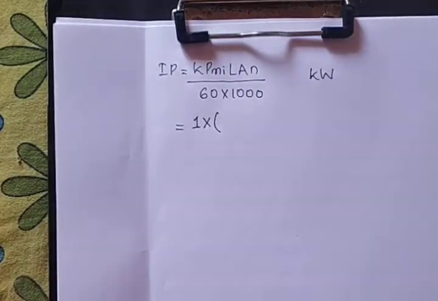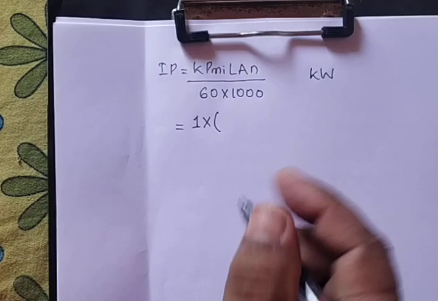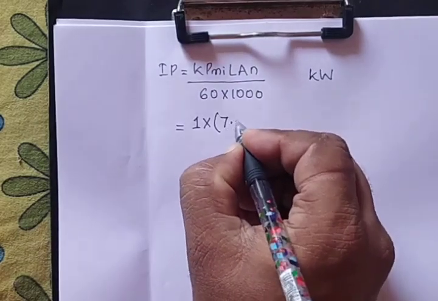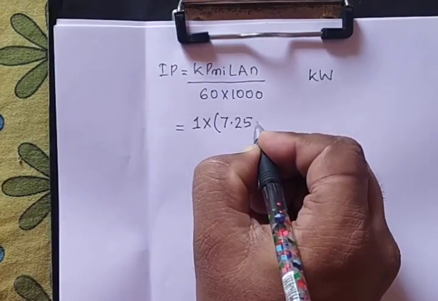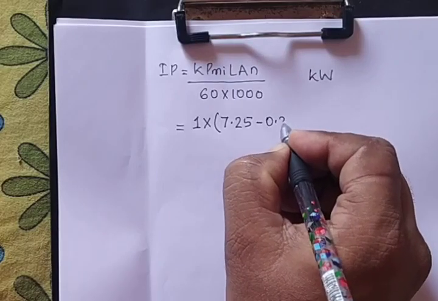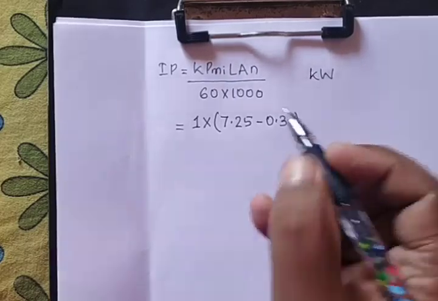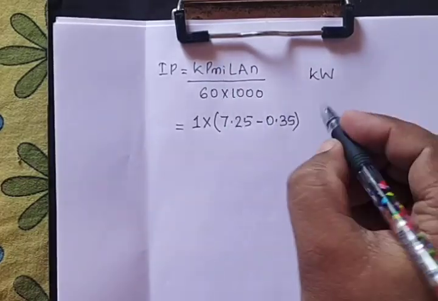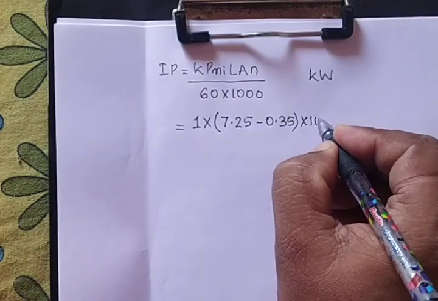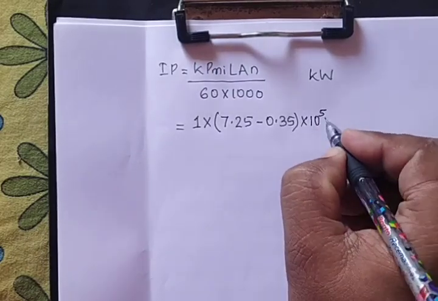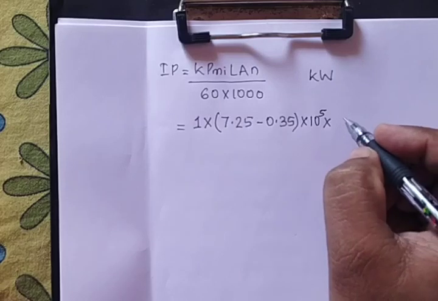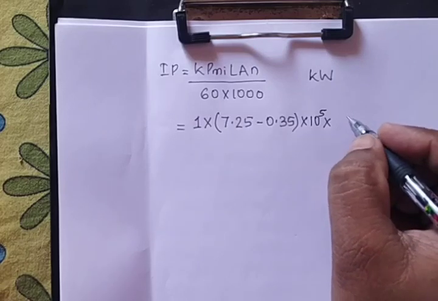How to find out PMI is, we need to find out the mean effective pressure, that is gross mean effective pressure minus pumping effective pressure, which gives me the value of PMI into 10 to the power 5 because it is given in bar, into L stroke length. So 45 centimeters